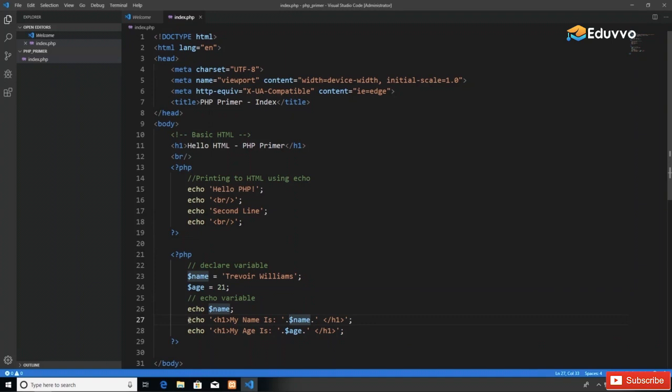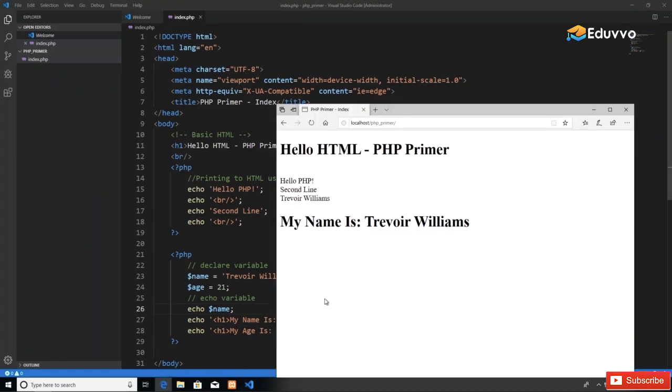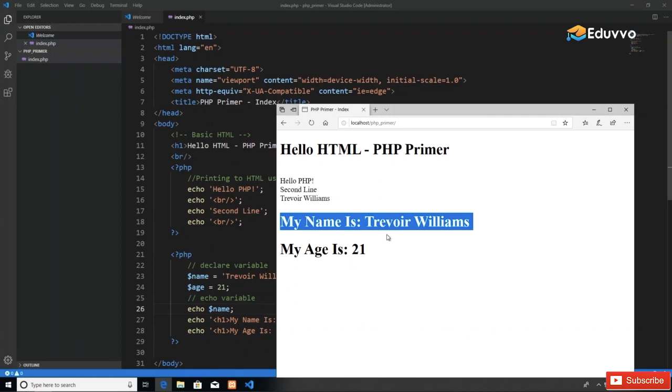All right, so I'm printing out my name is whatever value is in the name variable, and my age is whatever value is in the age variable. So if I wanted to change this to 30 or 40, each time that this page renders, whatever the value is, that's what will be displayed. All right, so I'll just take this out, or I can leave that. And then I will refresh this page, and we should have two H1 tags printing Trevor Williams, and my age